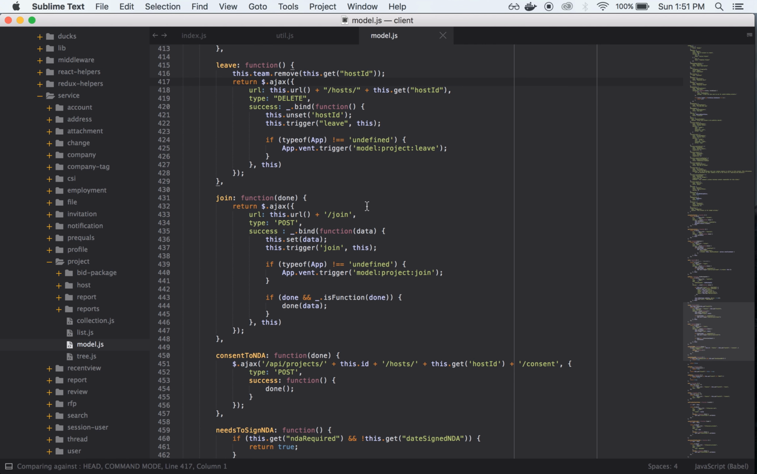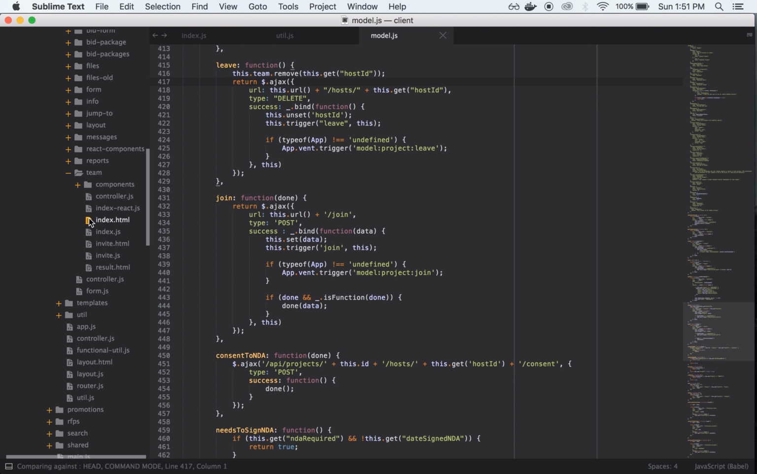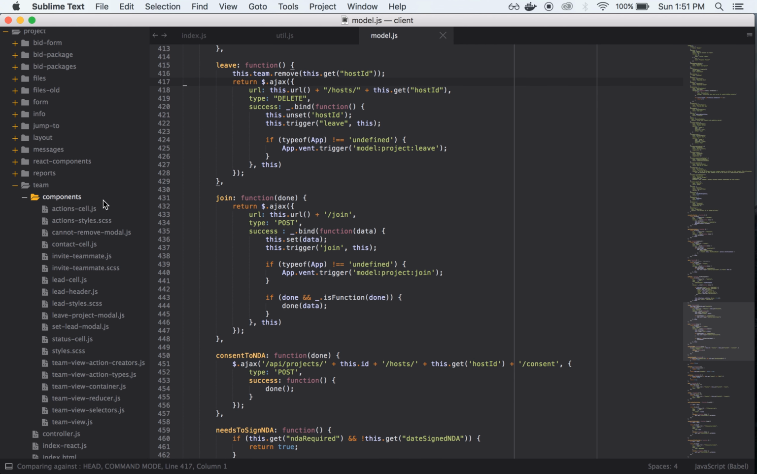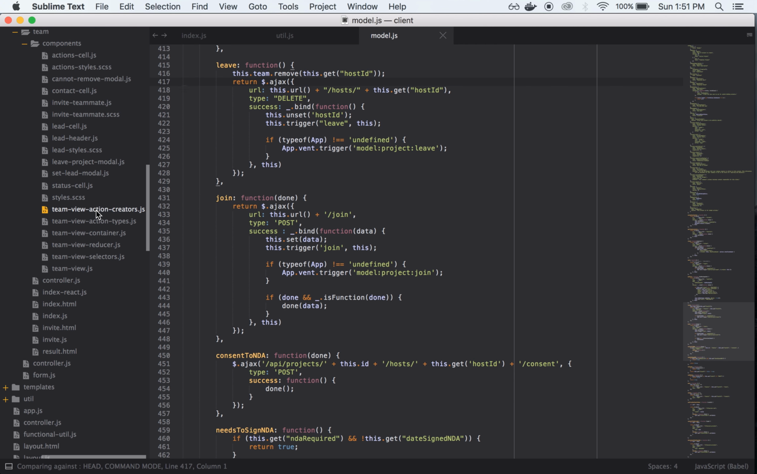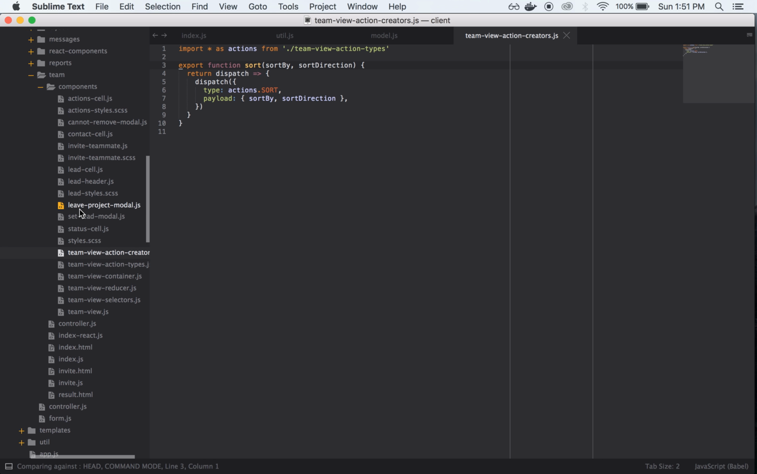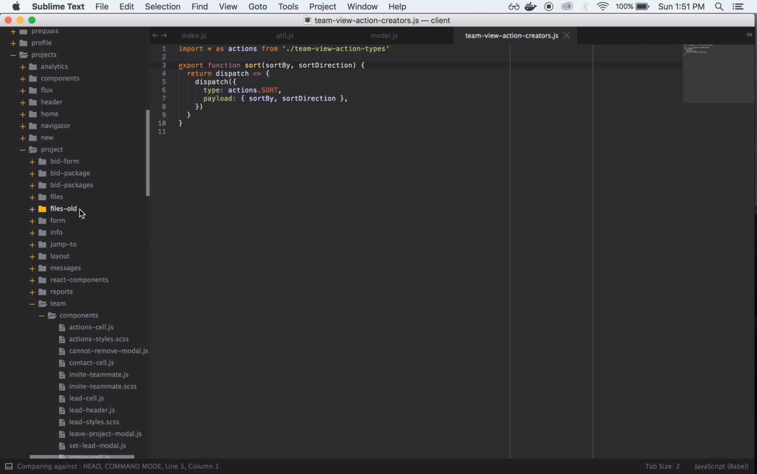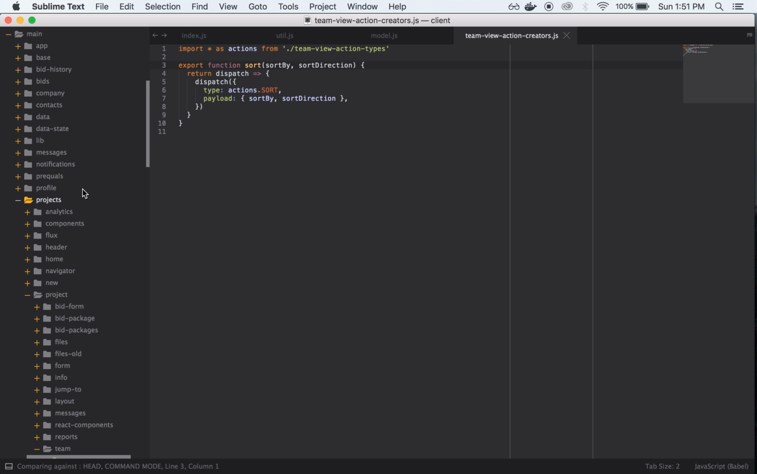So what we're going to do is translate this into our React style action creators. So we have our team view action creators, and we have a sort action creator already. The set lead one is the one I want to model it after, which is in our main data